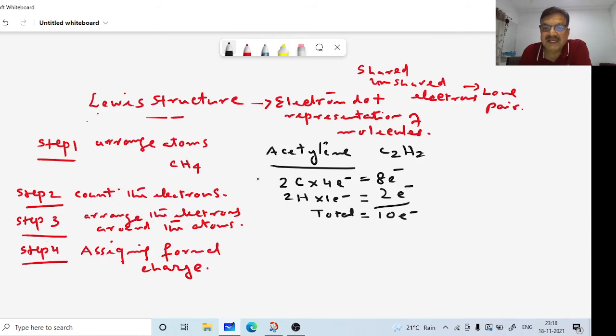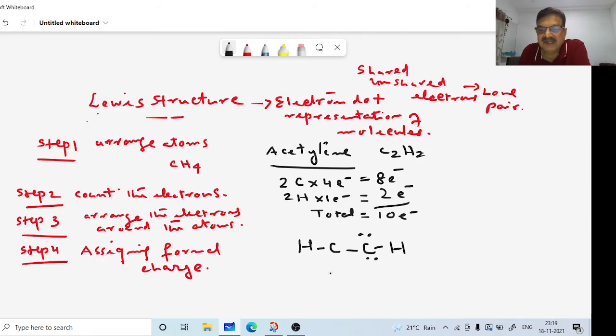Okay. Now, first we will have to arrange the atoms. Arranging the atoms, that is the first step. Okay. Now, when we are becoming more and more familiar, we will keep writing it. You see, first we are arranging the atoms like this. Then we are adding the bonds. Okay. The bonds have been added. Now, adding the number of electrons here, it will be less. So we may have to put 2 lone pairs here over this carbon.